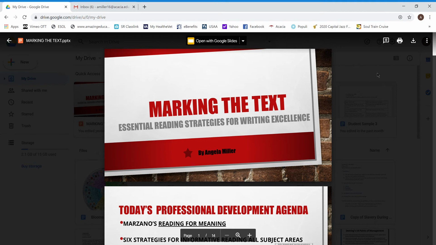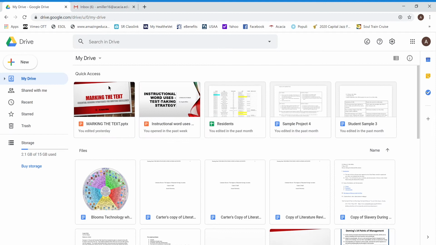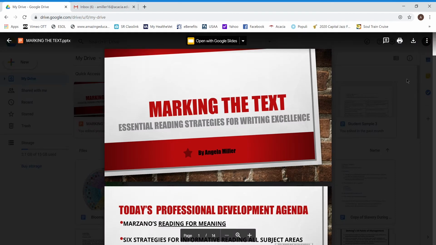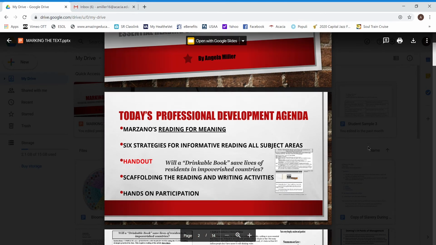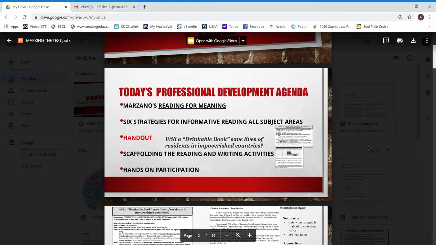We will begin this activity by talking a little bit about why this strategy is so important for students. Marking the text is an essential reading activity, and this reading activity leads into great writing skills, okay? So the first thing to know is that there's 6 different parts to this activity, and primarily the teacher will